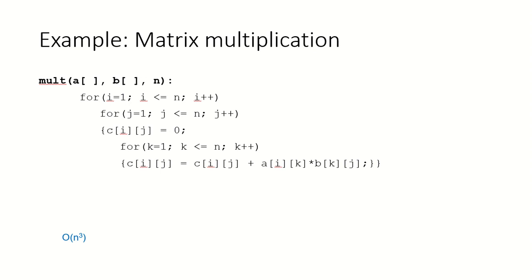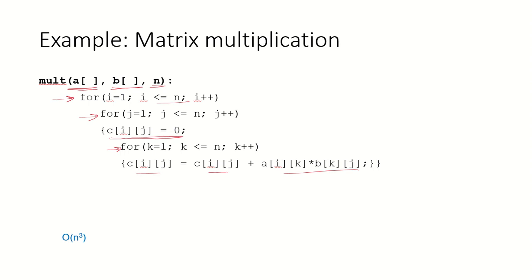Let's take another example of matrix multiplication. We have two two-dimensional arrays A and B. Just for convenience, we are taking them to be square matrices of the same size n. We have a loop for i from 1 to n, and the second loop also runs from 1 to n. Then there is a statement Cij is 0, and another loop begins which will compute the multiplication of the elements of the matrices.